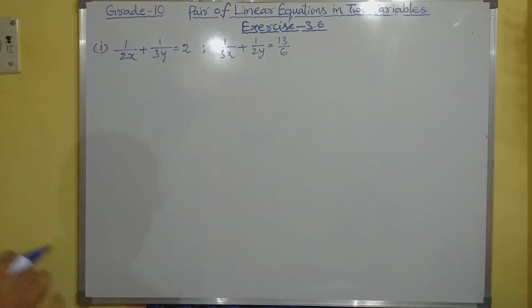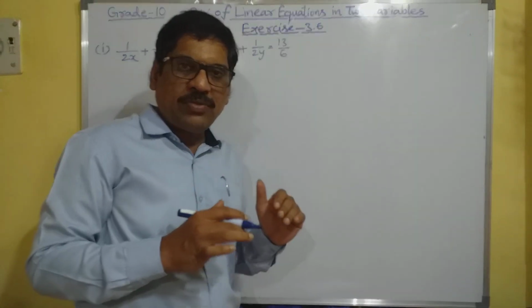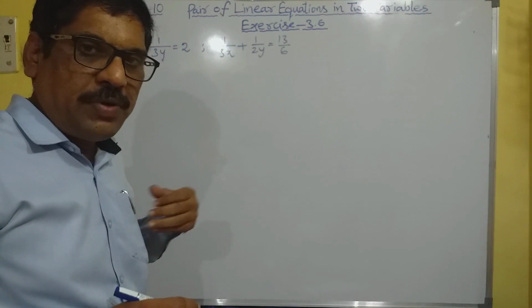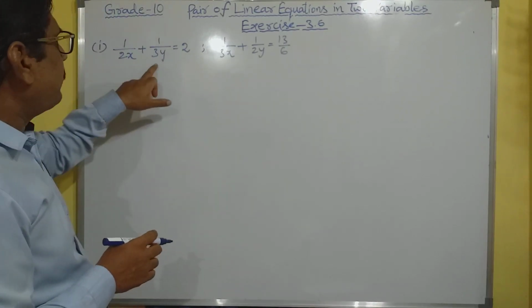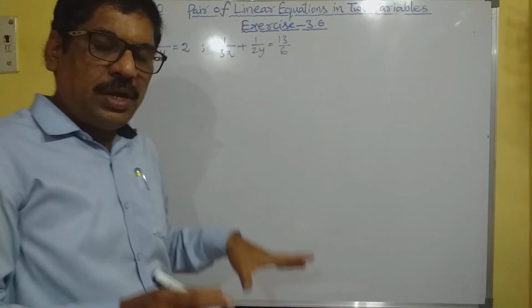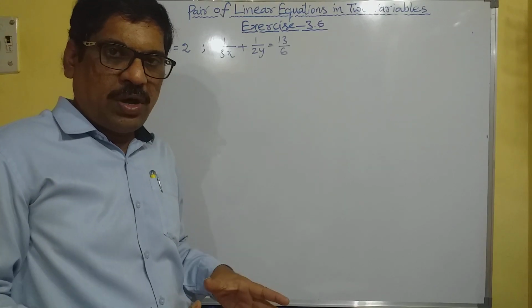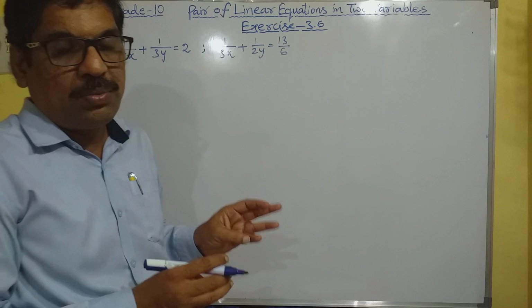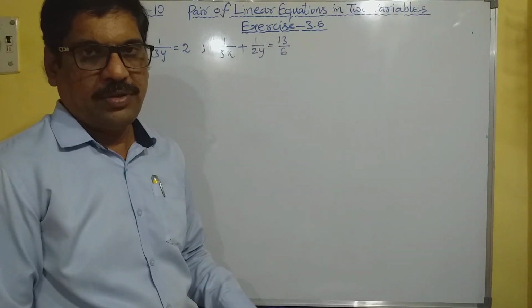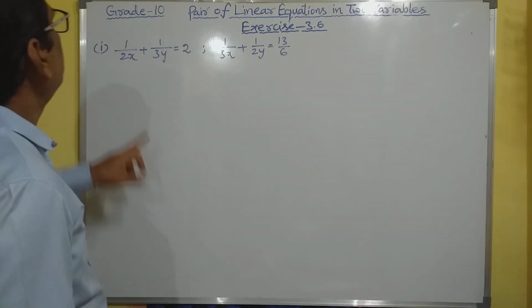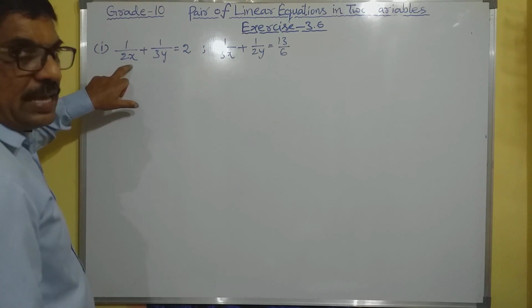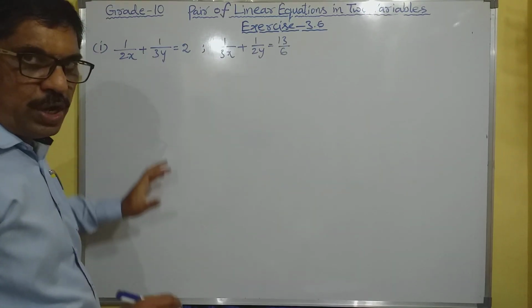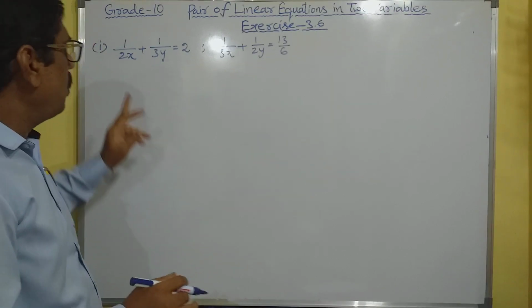Now, as of now, we have the linear equations with variables in the numerator only. But here you observe, where are the variables? The variables x and y are present in the denominator. First of all, we have to convert them into the linear form. Means we need to bring them into the numerator. That is the first case. Now look at this. Here 1 by x, x is in the denominator. 1 by y. Of course 2 and 3 coefficients are there. Just leave them.